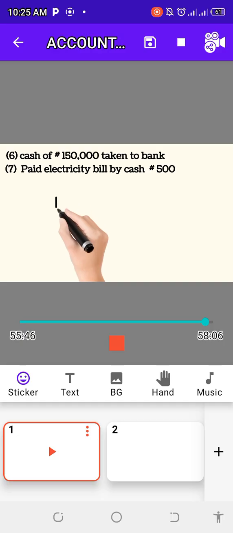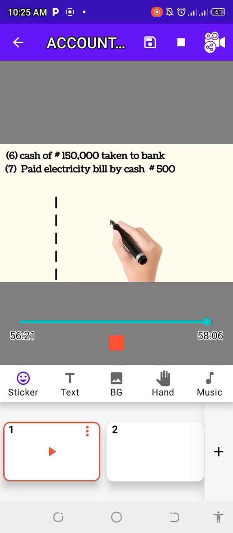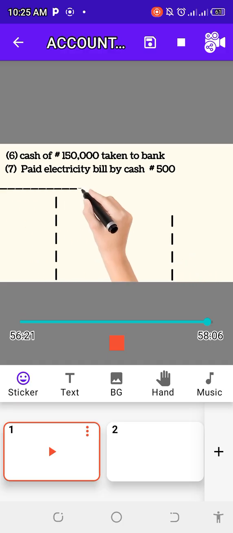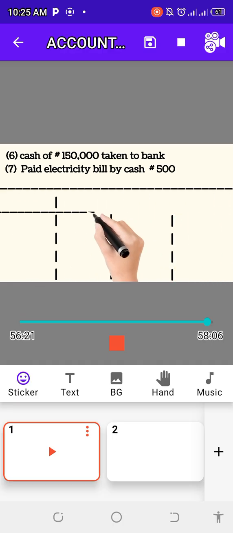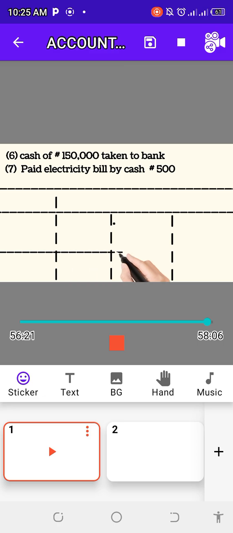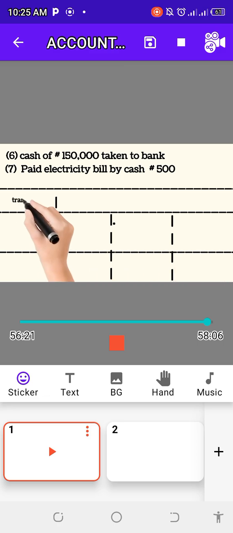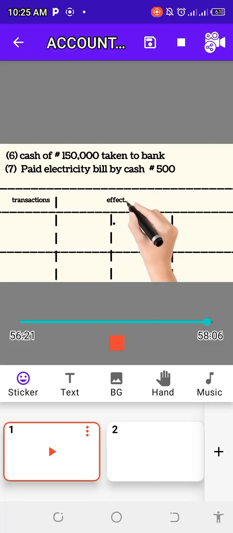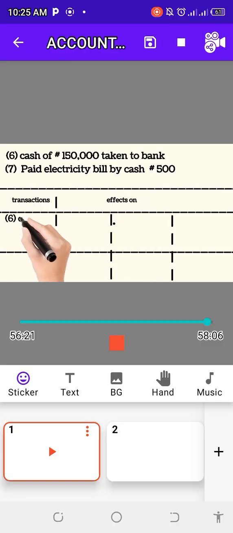Let us draw the table that shows us the identity of the two accounts involved and the effect of this transaction on assets, liability, and equity. Transaction, that is where we identify the two accounts involved. What is the effect of these two accounts? The sixth transaction involves cash and what? Bank